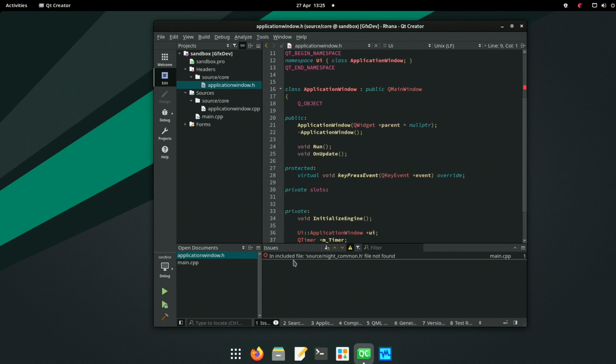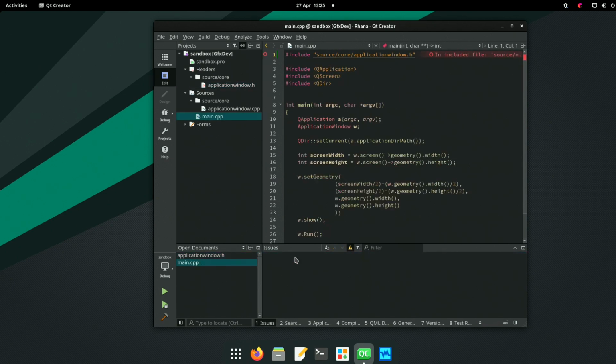Okay. Source core application window.h. Failure to find.